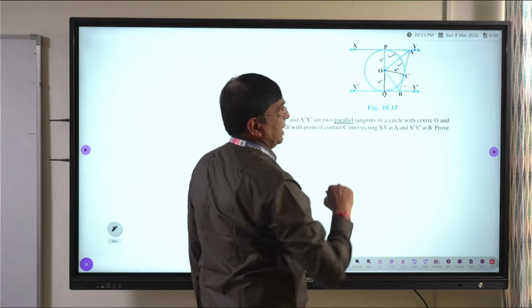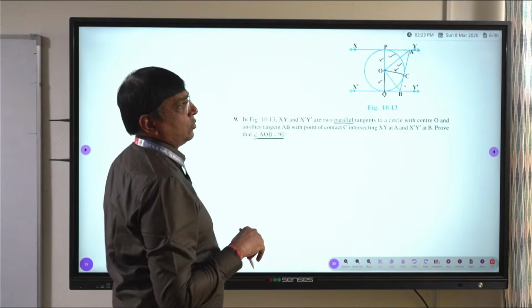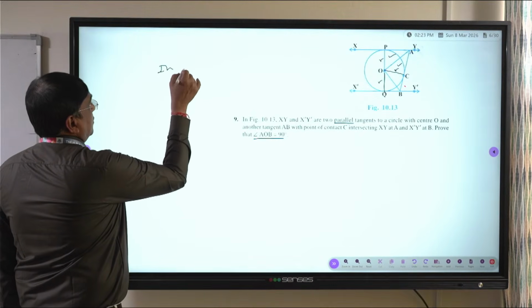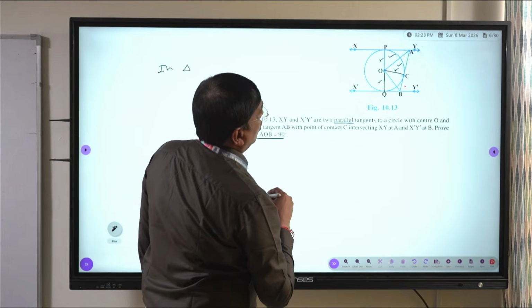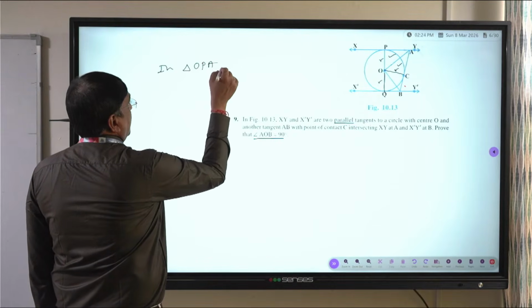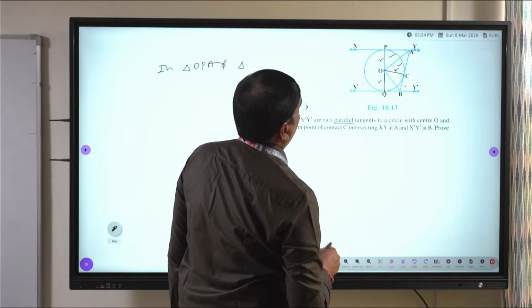These two triangles look like a kite. First prove the congruency between the two triangles. So in triangle OPA and triangle OAC,